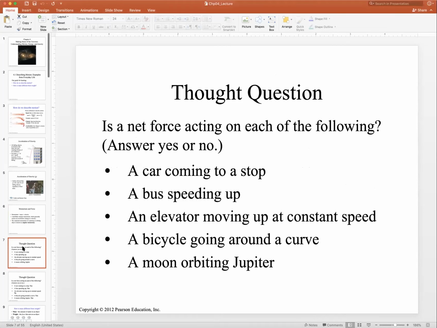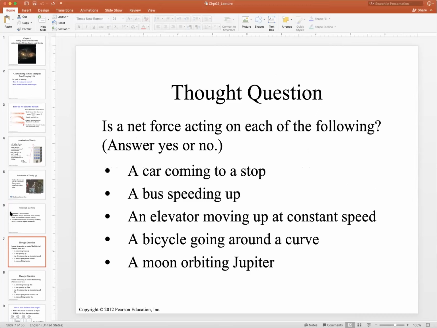So a thought question for all of you. Again, pause the video, read the thought question, answer, and then compare your answers with me, okay? Is a net force acting on each of the following objects? So if we go back,